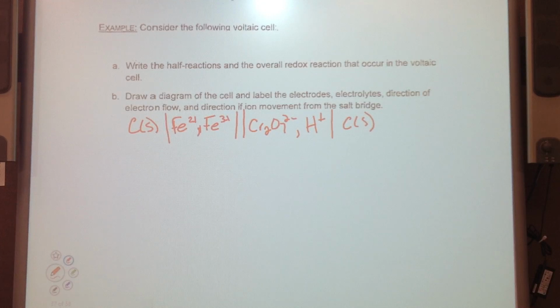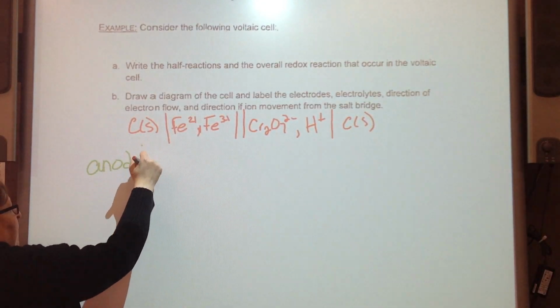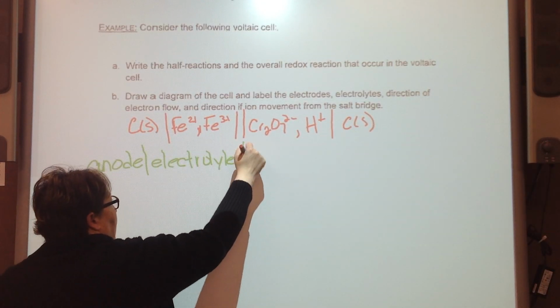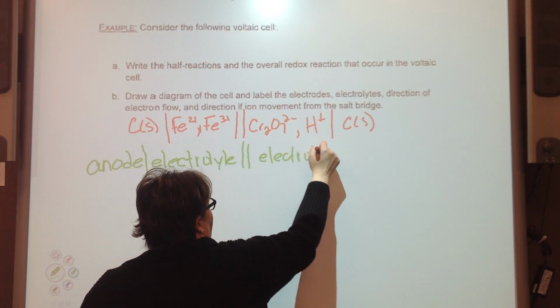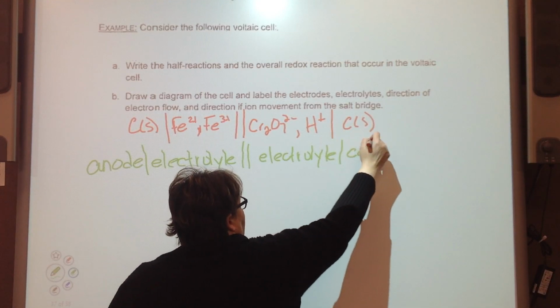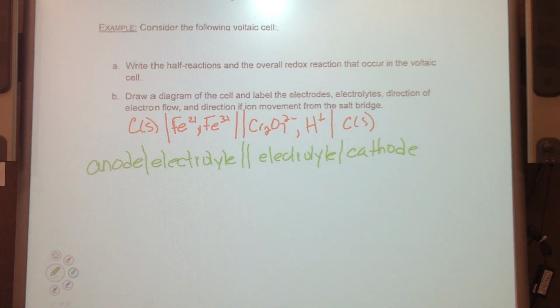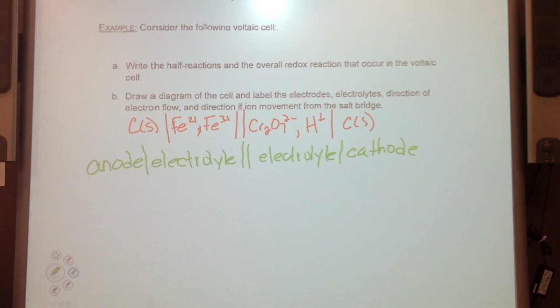So it is always written anode, electrolyte, salt bridge, electrolyte, cathode. That format never changes no matter what we're looking at. Anode, electrolyte, electrolyte, cathode. So when we look at this cell notation, our anode must be